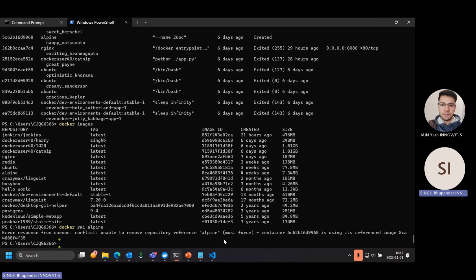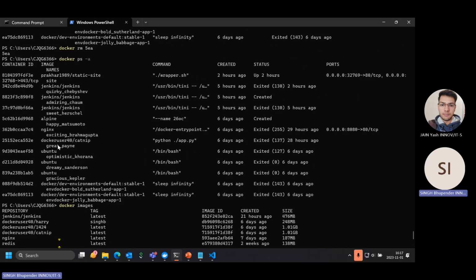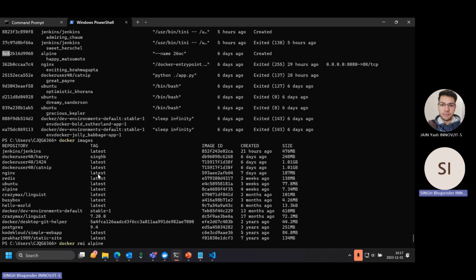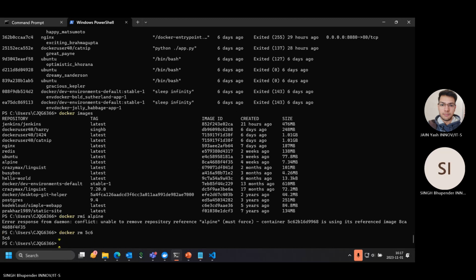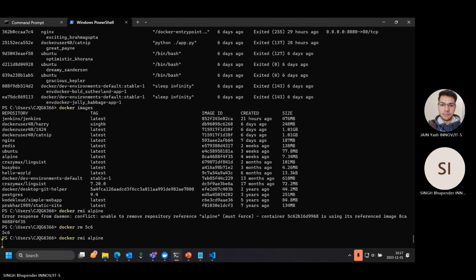We cannot remove this image because certain containers are based off of it. So we have to remove the container first. We have only one container, this 5C6. So we'll first remove it. Now it's removed. Now we can remove the image.